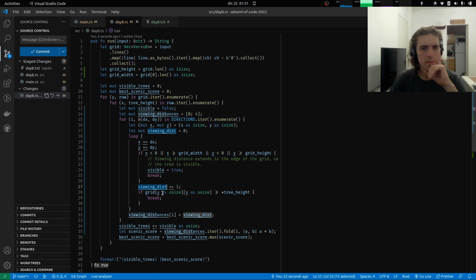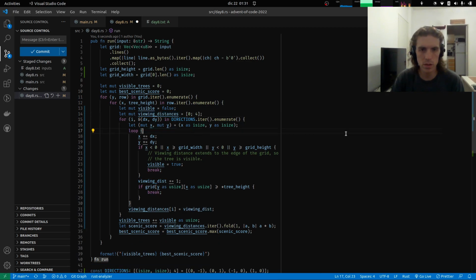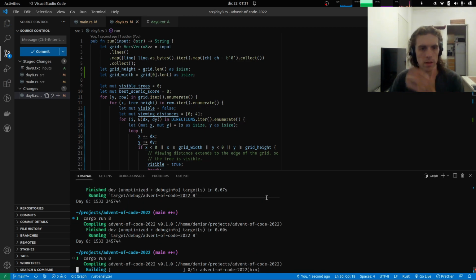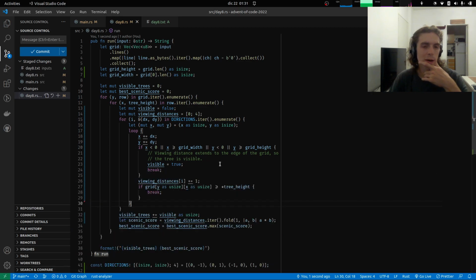So I guess here, actually this variable is not really needed. We could just do the viewing distances, incremented them from here, and get rid of at least one of those mutable variables. This is visible, I think we do need,